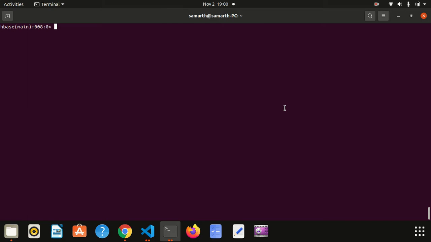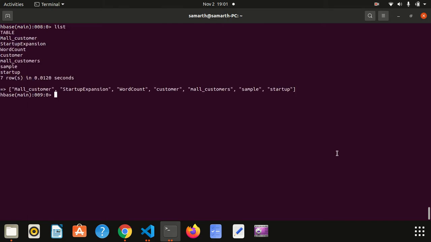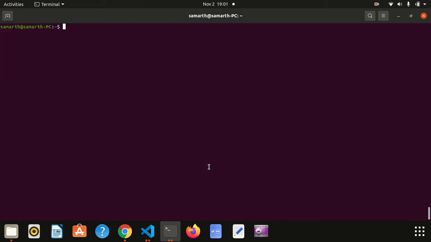Then later in the command, using the import tsv command, you have to mention your column name and then import the data to the table. So now I will list my tables in my HBase shell. Now I will be exporting this mall customers table to my Hadoop. So I will open another terminal. So the command for that is